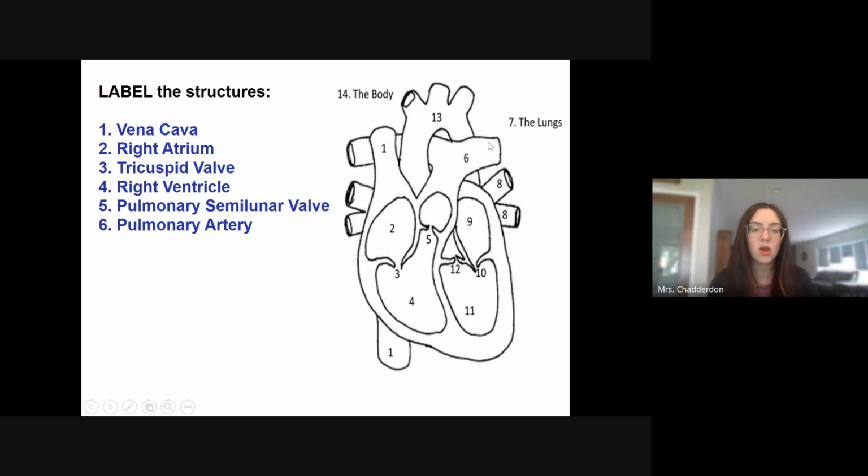Okay, you can see all of these are in blue. Blue represents deoxygenated blood or carbon dioxide rich blood. Your blood is never blue. It is always red, but when we represent it on paper, we show deoxygenated blood in blue and oxygenated blood